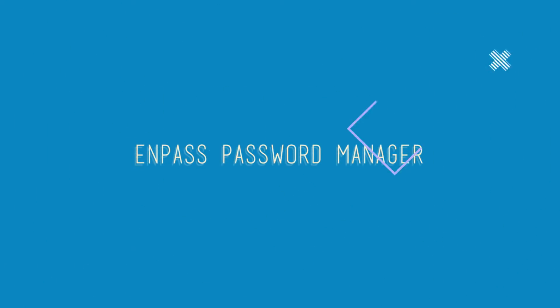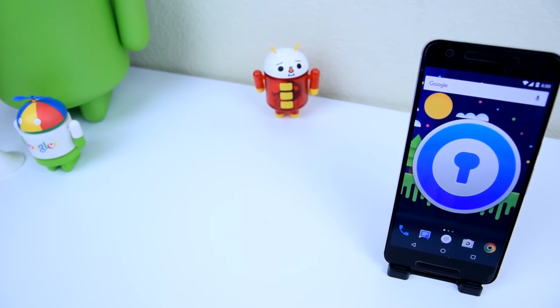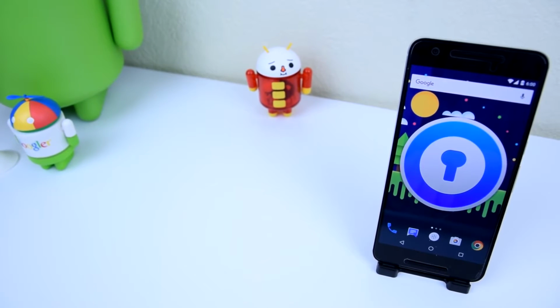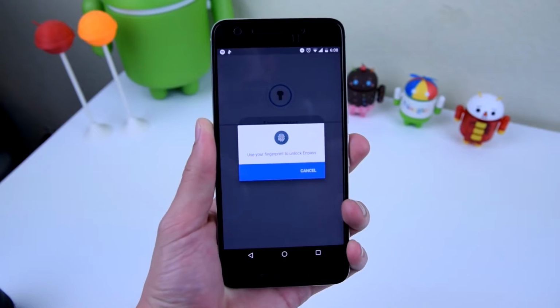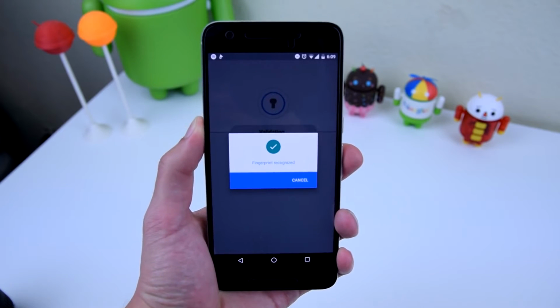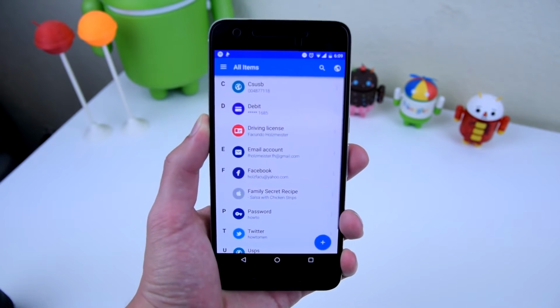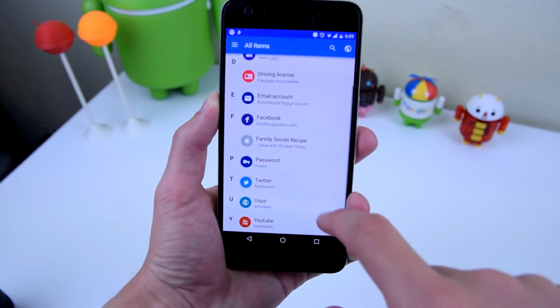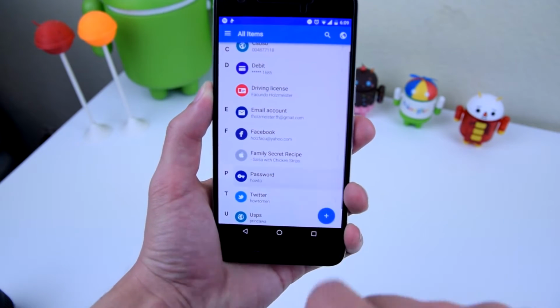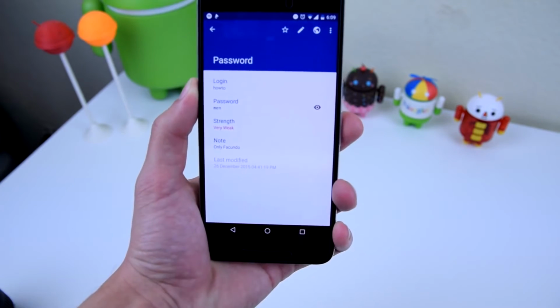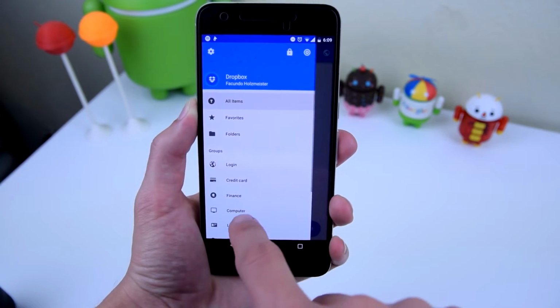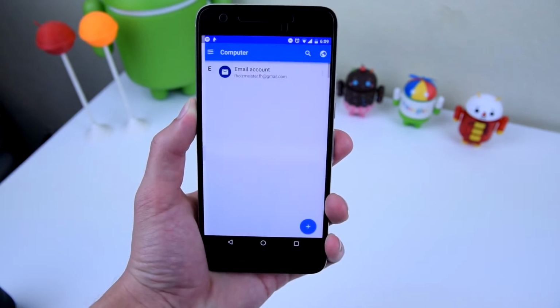6. Enpass Password Manager. This is a password manager. I enjoy it over most of its competition mainly because of its material design interface. It's completely free with no subscription fees, and it allows you to store more important information than just your password and credit card information. This allows you to store your logins, computer information, a license such as your driver's license